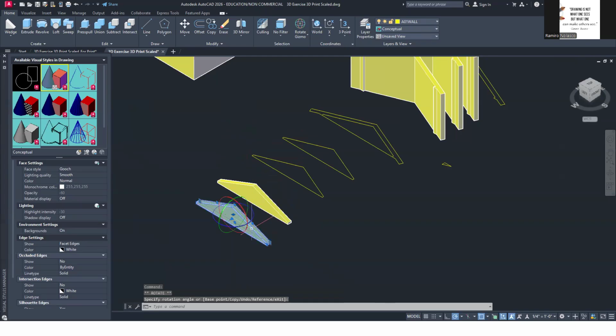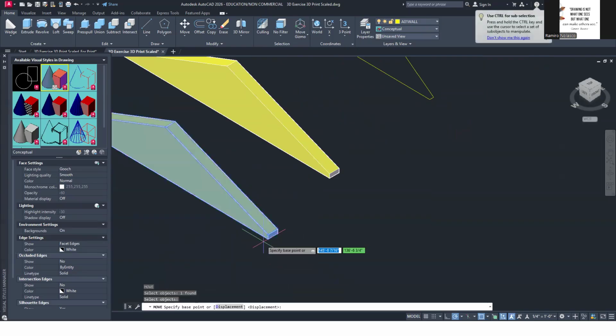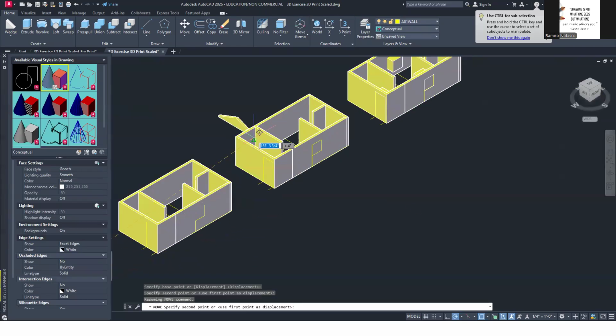Keep it aligned up. Okay? And then I normally like the move command rather than the move gizmo, because with the gizmo I'm not able to anchor this to the endpoint. So instead of that, I use the move tool. And then I can say from this endpoint to, let's say, here,